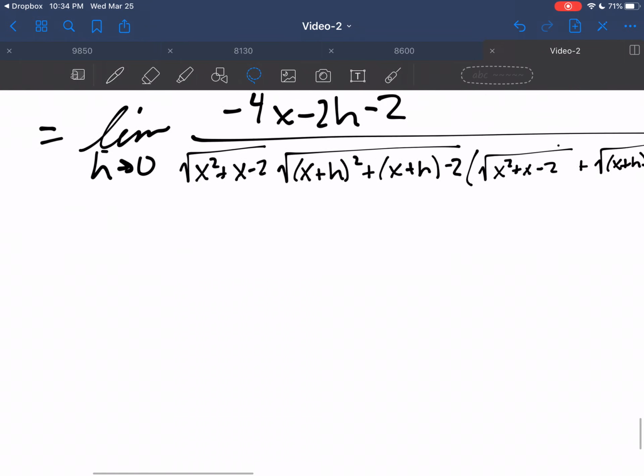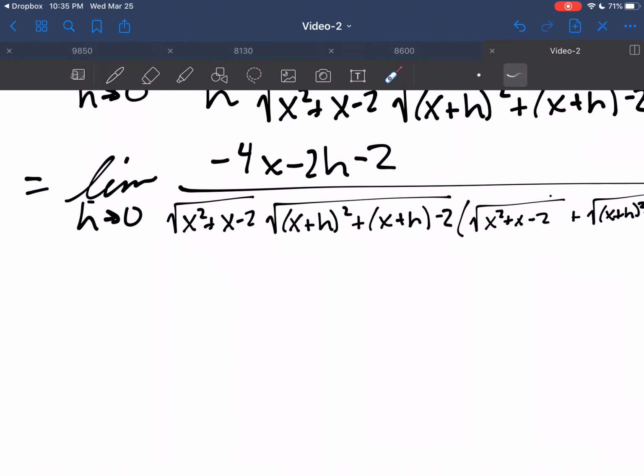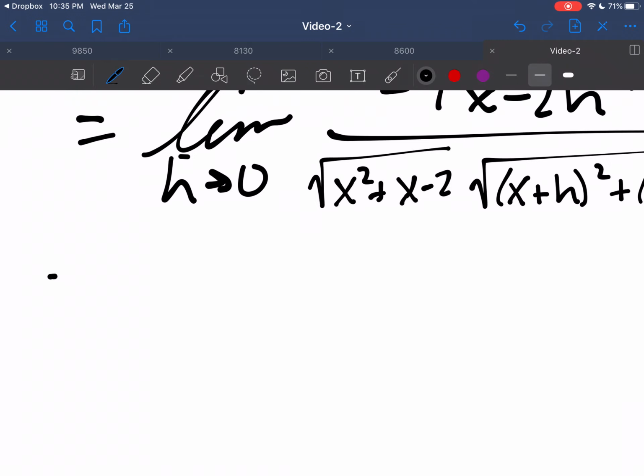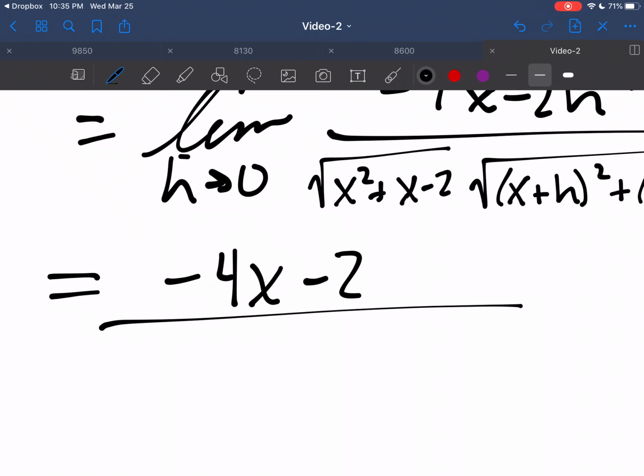Okay, now I can evaluate my function, so I'll plug 0 in for my h's, and I get negative 4x minus 2 divided by x squared plus x minus 2